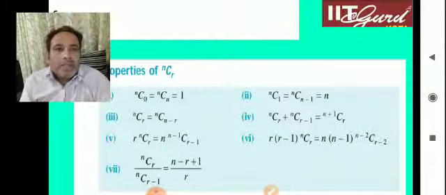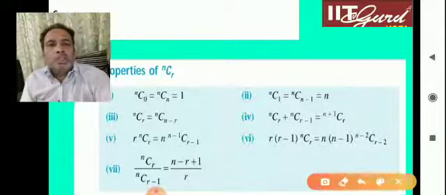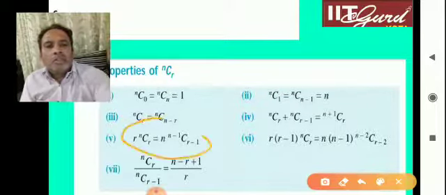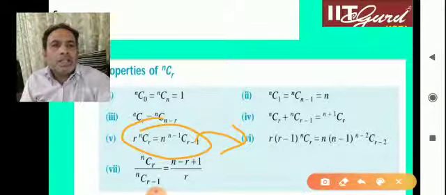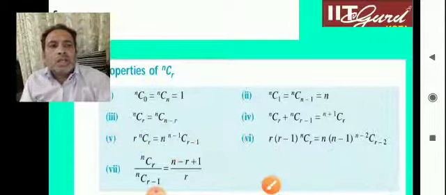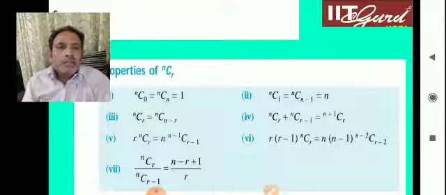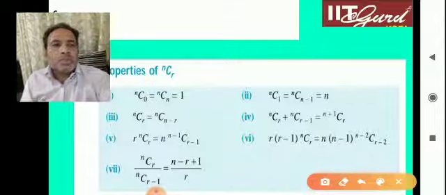The same pattern you can use. Let me hover over this. With the same approach, you can derive this one also, that is (r minus 1) nCr. It means you can see this nCr over here, and if you divide all this, you get the same concept. So that is (r minus 1) into nCr is equal to (n minus 1) times (n minus 2)C(r minus 2).